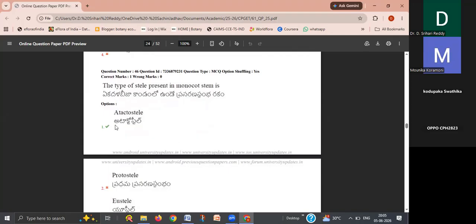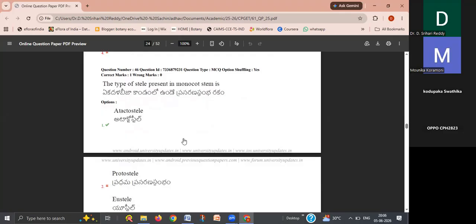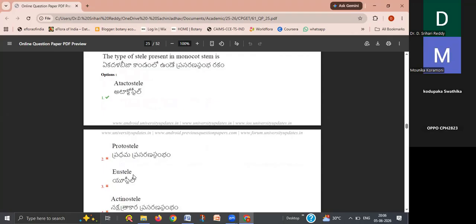And the type of stele present in the monocot stem: in the monocots we already discussed the vascular bundles and the stele. The type of stele present in the monocots is atactostele, the type of stele present in the dicots is eustele, and protostele is present in the pteridophytes. For example, in lycopodium, yesterday we discussed protostele. Actinostele is also one kind of protostele. It is a modification of protostele, and it is also present in lycopodium. So you should